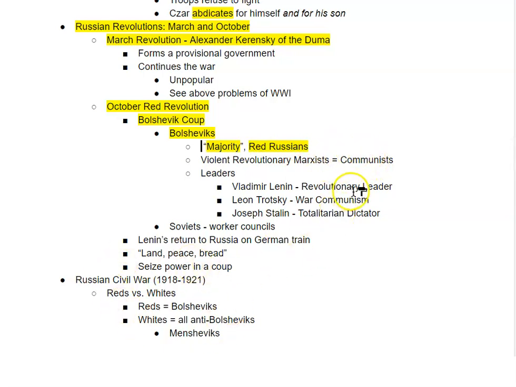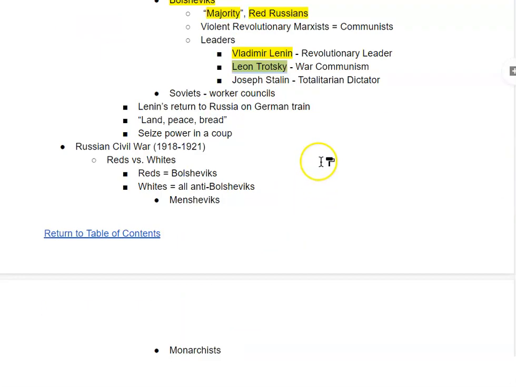We'll bring this up again in just a moment. They are essentially the violent, revolutionary, Marxist communists of Russia. Among their leaders include their chief leader, Vladimir Lenin, one of his close allies, Leon Trotsky, who will be most famous for being one to oversee war communism during the Civil War, and